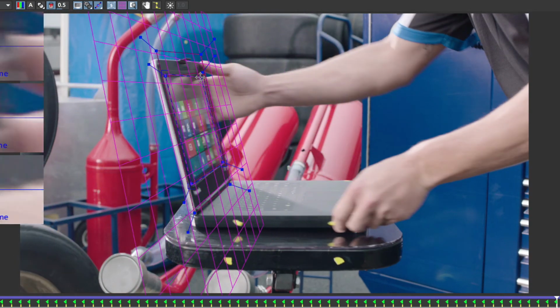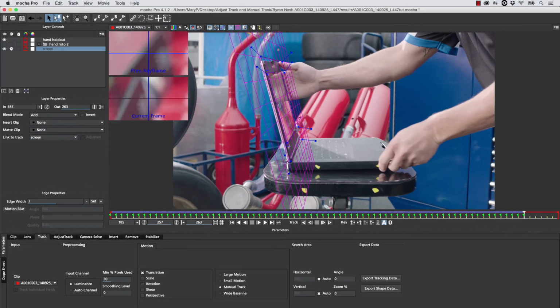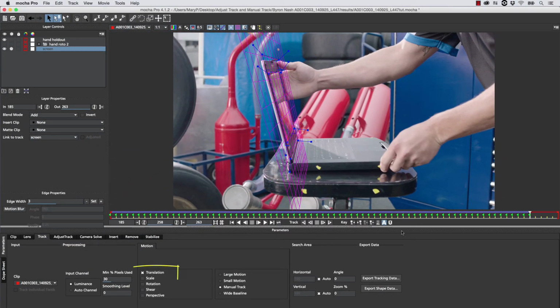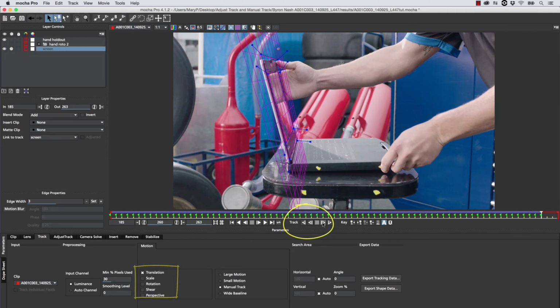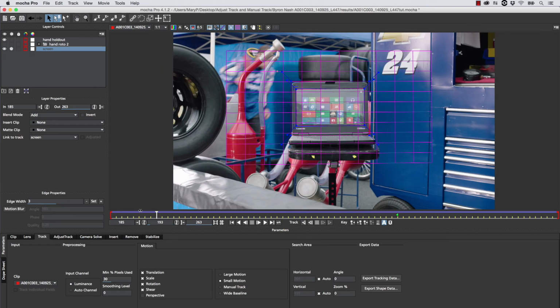Now I'm just going to keep animating this as it moves off screen. And once I'm done animating these points, I'm actually going to go ahead and use the translation track to just get this off screen and have it match the movement better, because the more that Mocha does for me, the better my track looks. So that's how you do